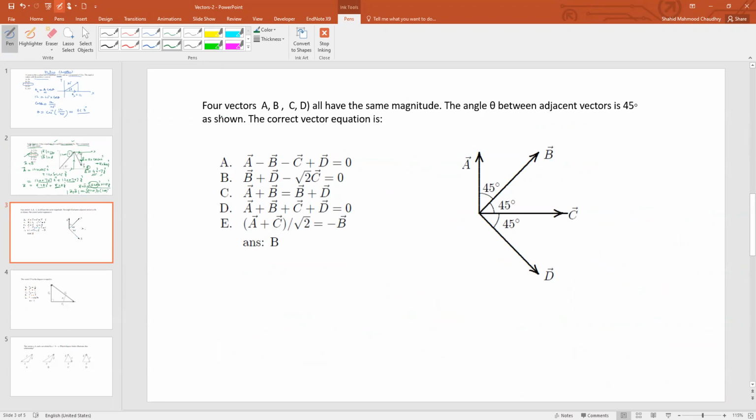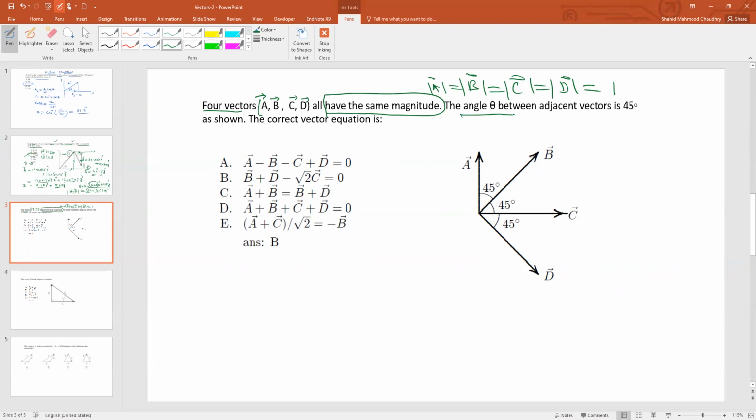this problem is a little technical, and see this one, 4 vectors, this vector, this vector, this vector, and this vector have all the same magnitude. This is given. Same magnitude means that a vector magnitude is equal to b vector magnitude is equal to c vector magnitude is equal to d vector magnitude is equal to any number. You can suppose any number. So the best number you can suppose is 1. This is better. Okay. Because it has the same magnitude. You can write here a, b, c, or any number.